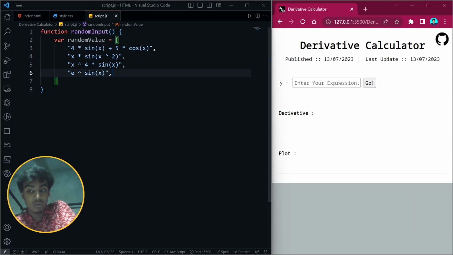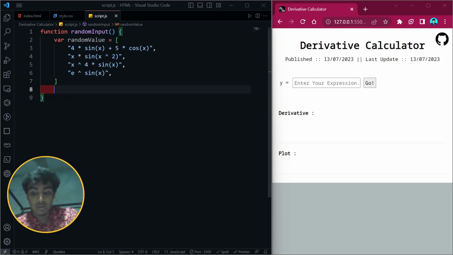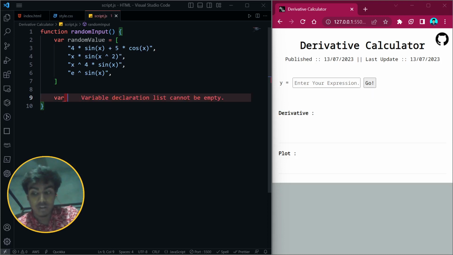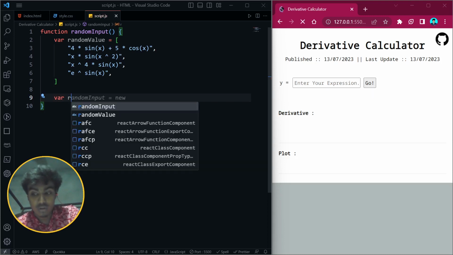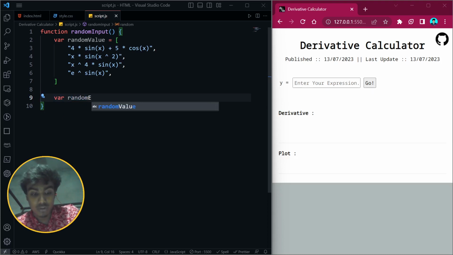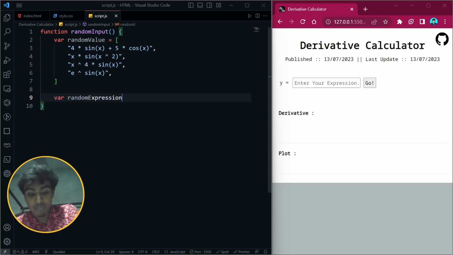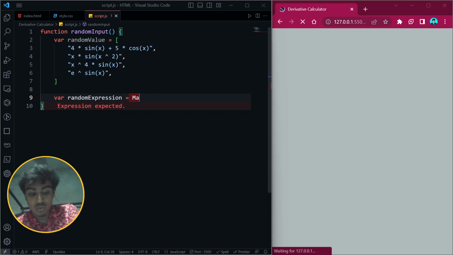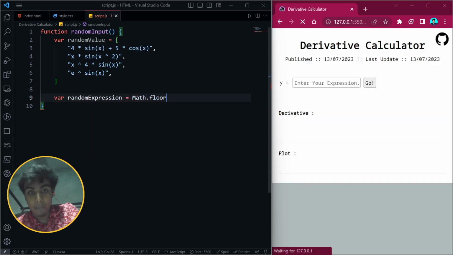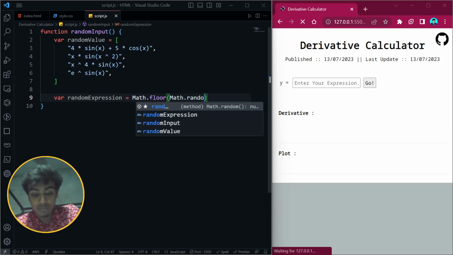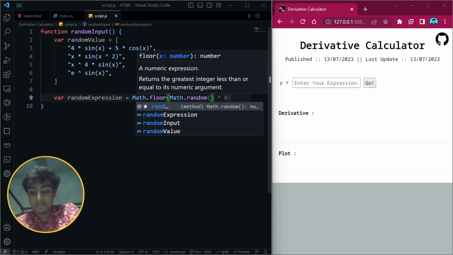So now I have to use random, so I will use the method random. Let's create another variable. Let's suppose I give it the name random expression, and this will use our Math.floor of, and it will use the Math.random function,